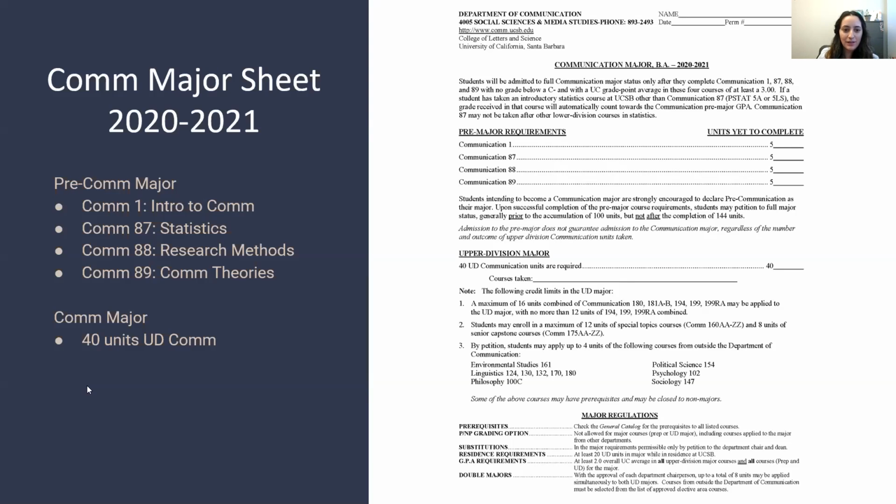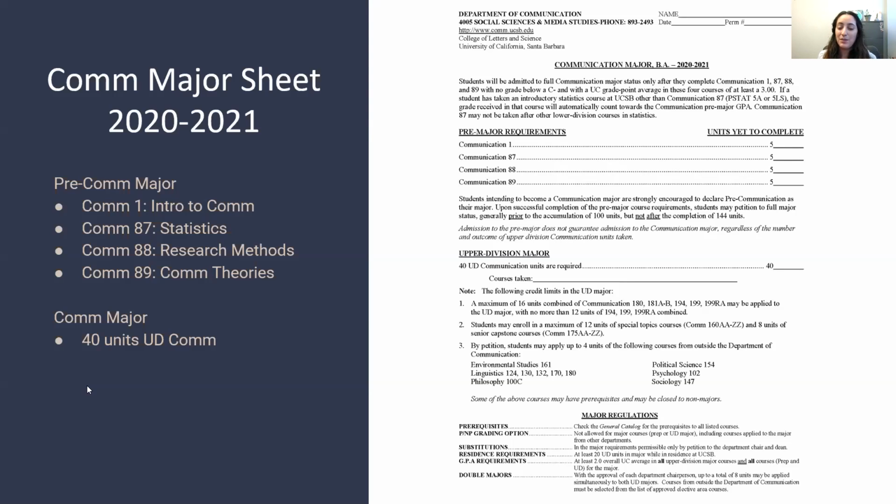All right, so there's a couple of notes here, but I just want to mention the third one. You can read the fine print on your own time. But the third one is that like we mentioned, there are a couple of classes from other departments that you can apply towards the comm major 40 upper division units at a maximum of 4 units. So you wouldn't be able to apply 2 of these courses towards the major, only 1. These are just some examples, but I want to make sure it's clear that not all of these classes may be eligible for an incoming transfer student to take.